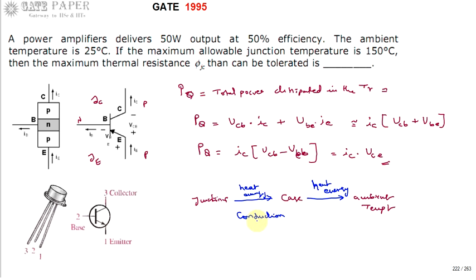Conduction is the process of movement of energized atoms from the heating region to the cooler region. So conduction is happening from junction to case to ambient temperature. This conduction is very much similar